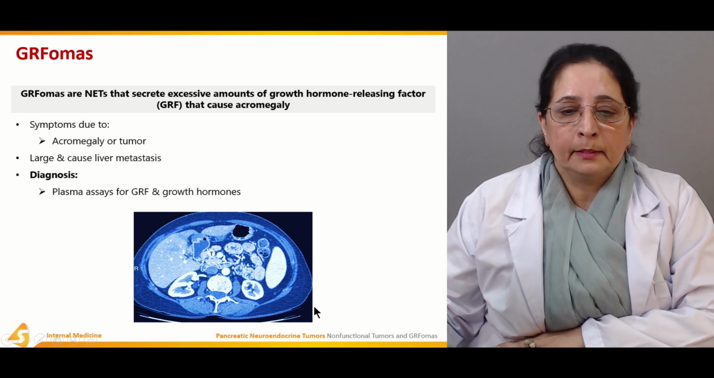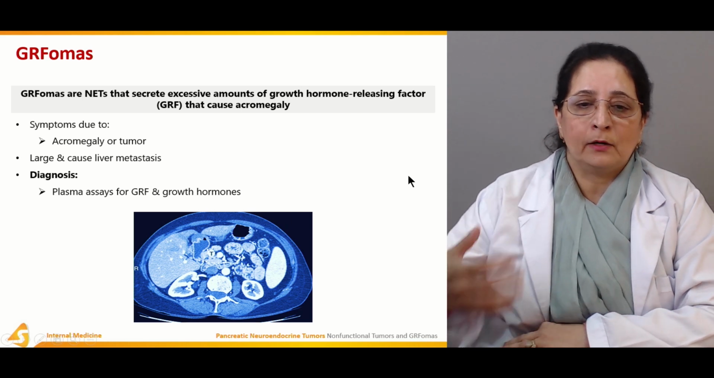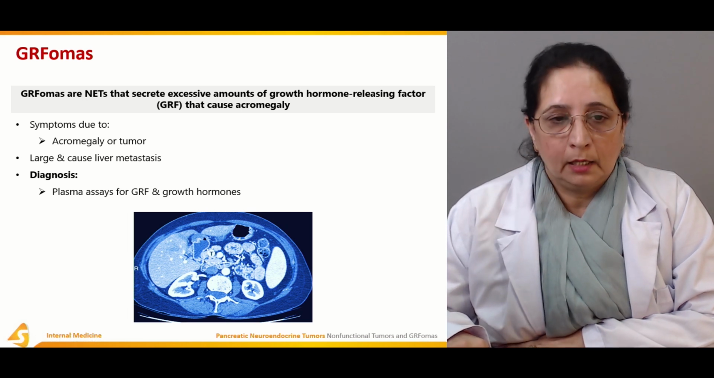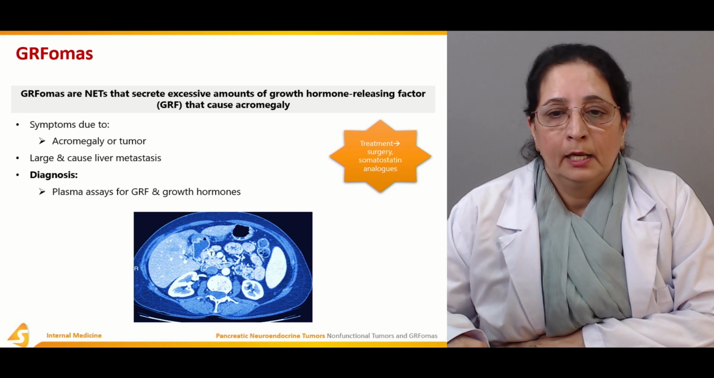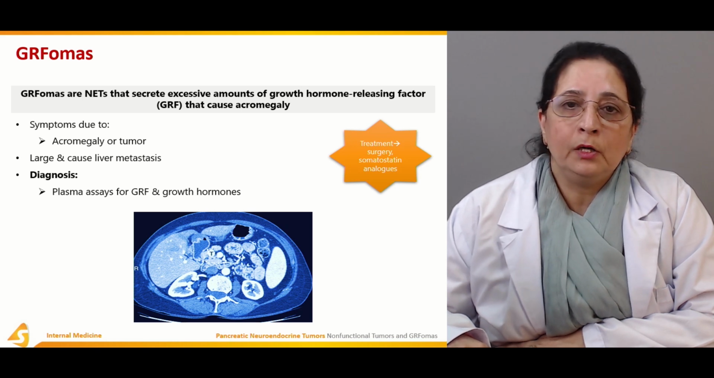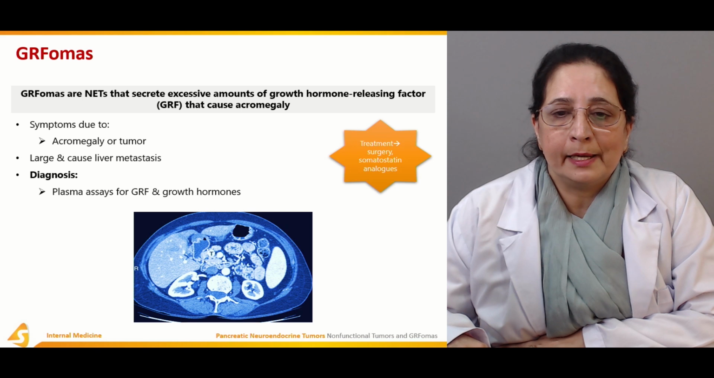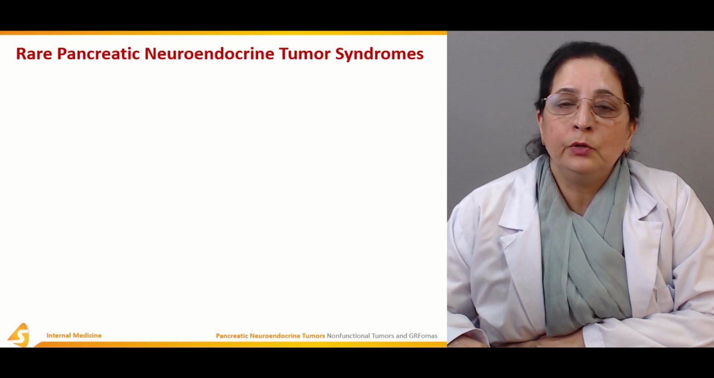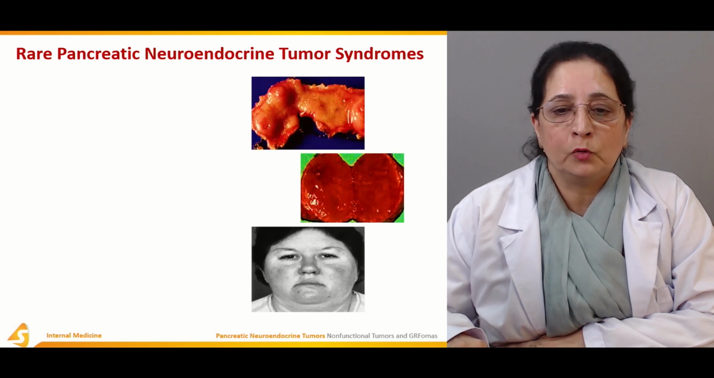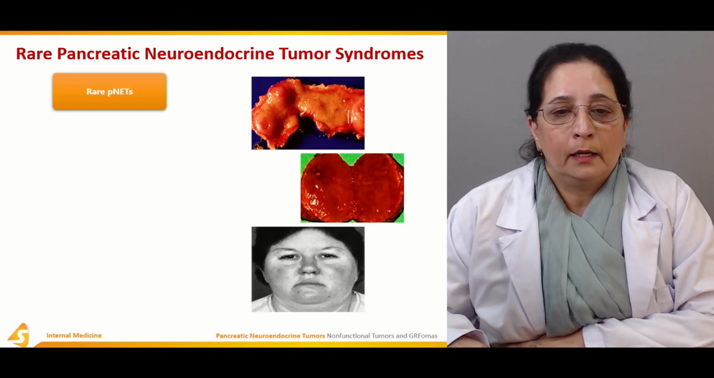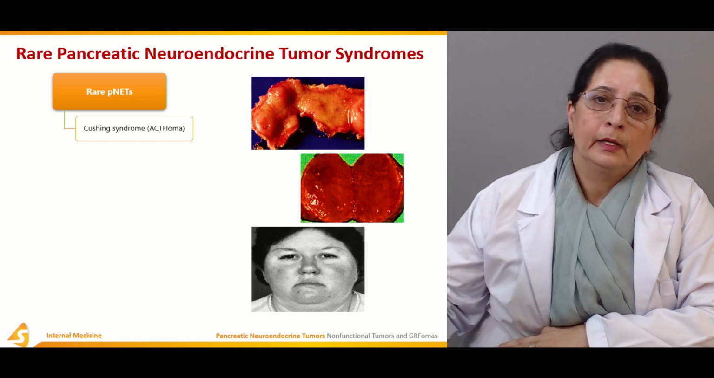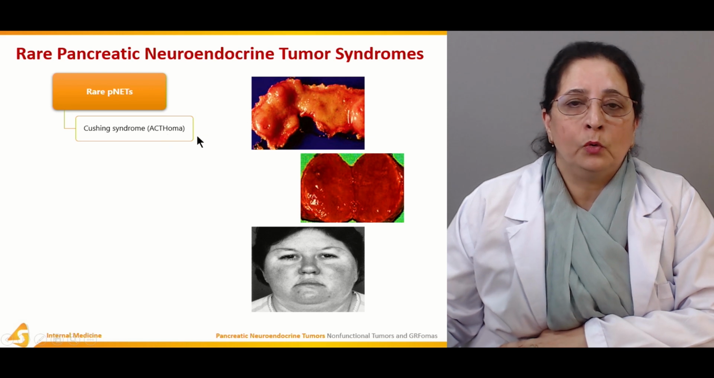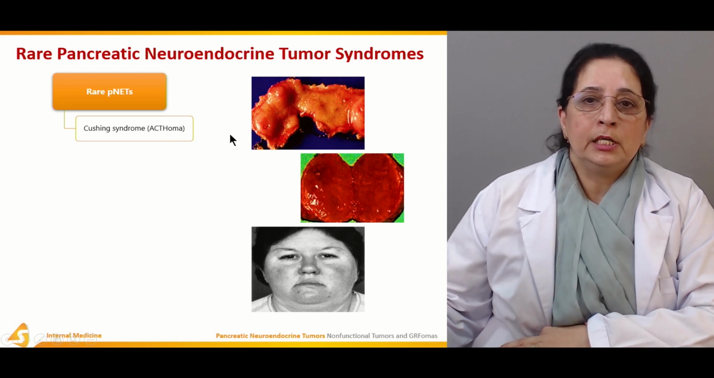That's the picture or the scan of the patient with a growth hormone releasing factor tumor. Treatment is by surgery or somatostatin analog. Some other rare pancreatic neuroendocrine tumor syndromes are Cushing syndrome. Cushing syndrome is also known as ACTH, the